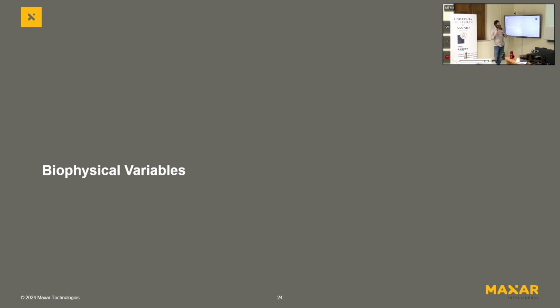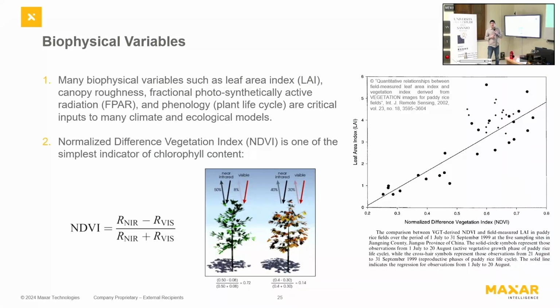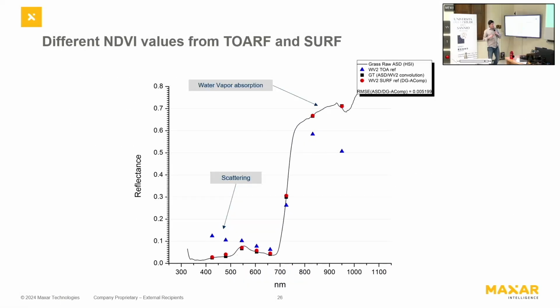Okay, biophysical variables. I had a few slides because some people here have done some vegetation stuff, so I thought that this was interesting. I'm not going to go through this again, but the NDVI is one of the easiest things that you can calculate from a satellite image when you have near-infrared data. And the higher the value, generally between 0.2 and 0.8, the healthier the vegetation is. It's textbook. But when you take measurements, and this was, I don't know, some grassy area that I measured several years ago,